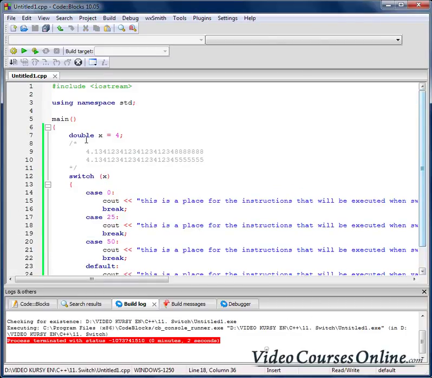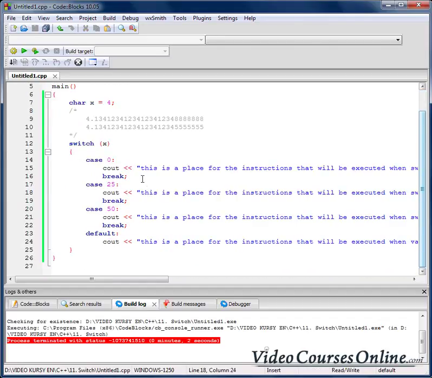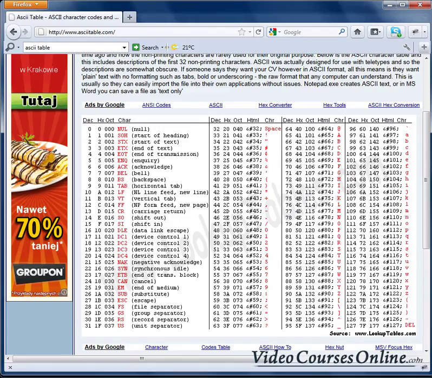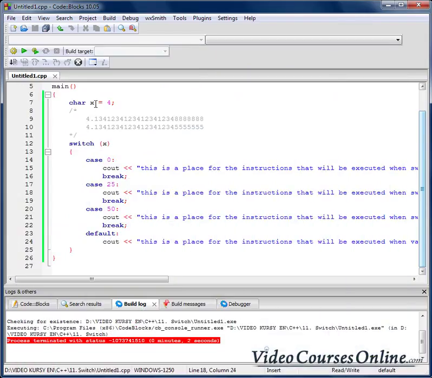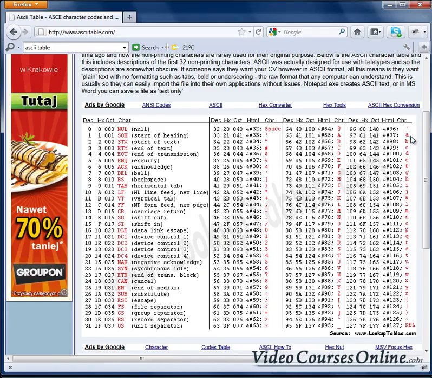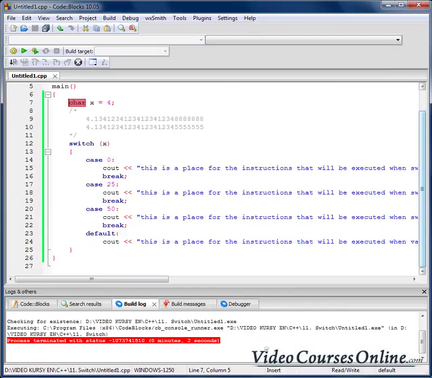We can use characters here, but why? Well, look, we have something like the ASCII table. In reality, every character is not a character. It is a number assigned to a character. As you can see, for example, here A is assigned to 97, B is assigned to 98, D is assigned to 100. So when I do something like character X